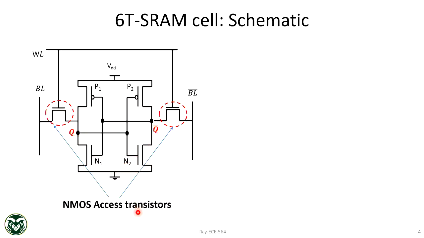How about PMOS? Which PMOS is on? P1. Yeah, P1 is on. So what is the purpose of this P1? The purpose of this P1 is to keep Q at high voltage, because this N1, even though it is turned off,